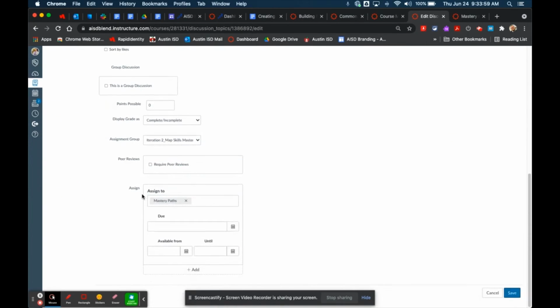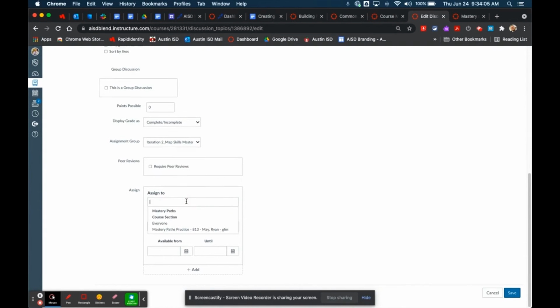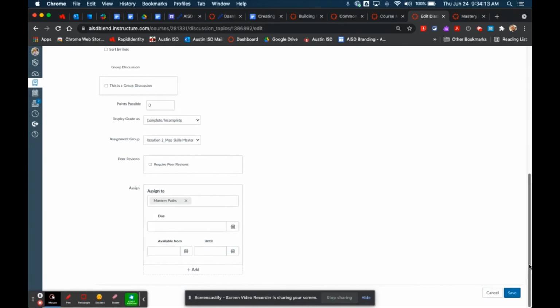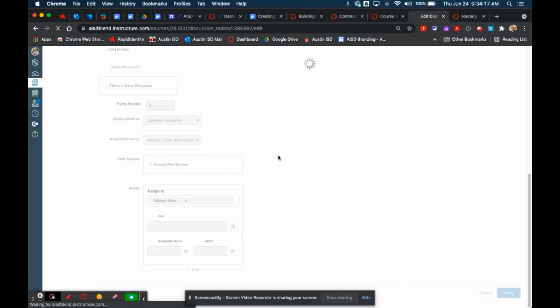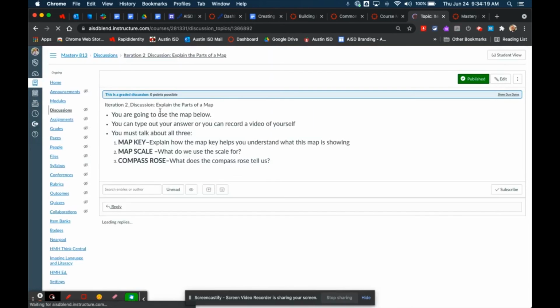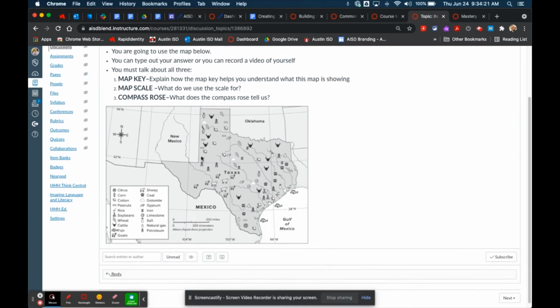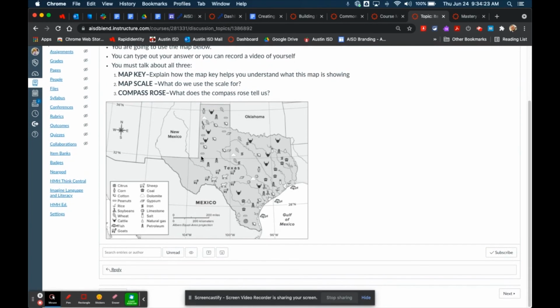But down here where it says assign to, you want to make sure that this is assigned specifically to mastery paths, not to everyone or any of your custom sections. You want to assign it to mastery paths. This will help ensure that it will show up in the mastery path the way that you want it to when you're setting it up. And then it will only be graded as part of the mastery path, and it won't be available to